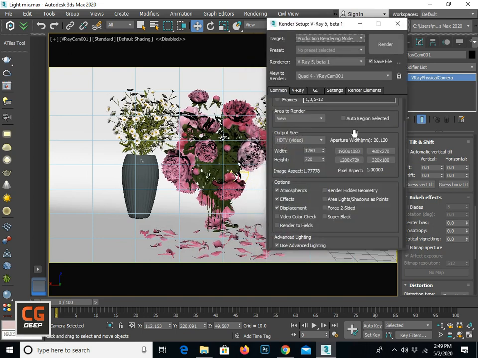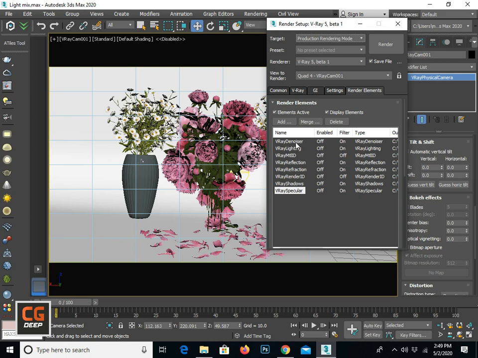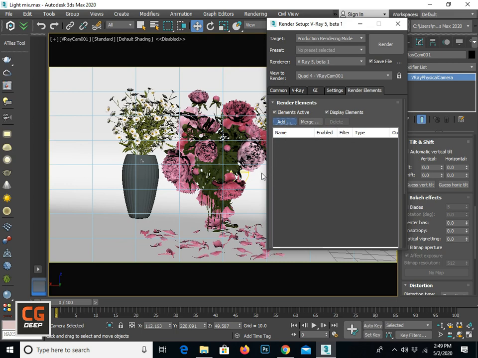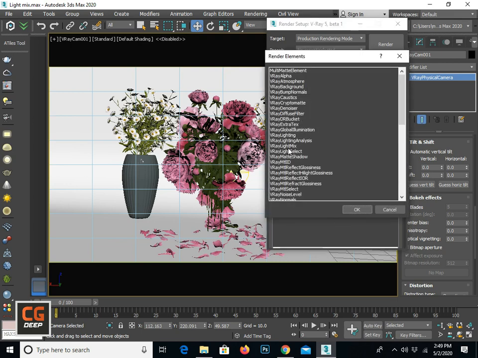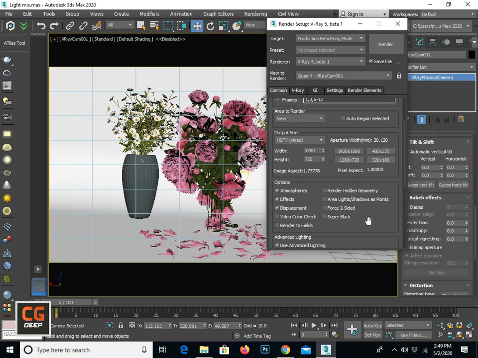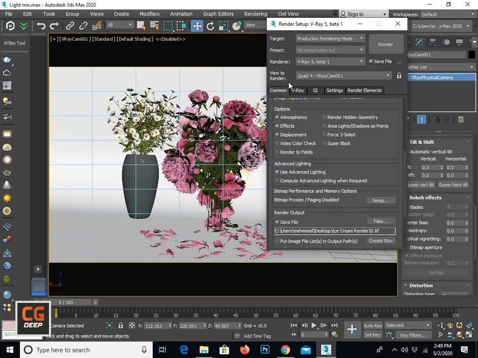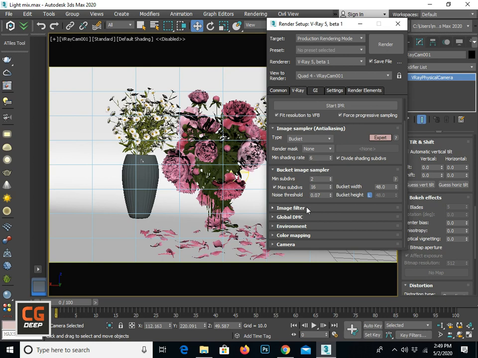After that, I will use Render Elements. I will remove all the elements, and I will add just one element which is very new in this system, right? I will use the V-Ray Light Mix. And what is this actually? I will tell you in render time, right? V-Ray Light Mix, and the other settings will save there, like that, a simple setting, right? I will set one and put 4 here for fast render, right?